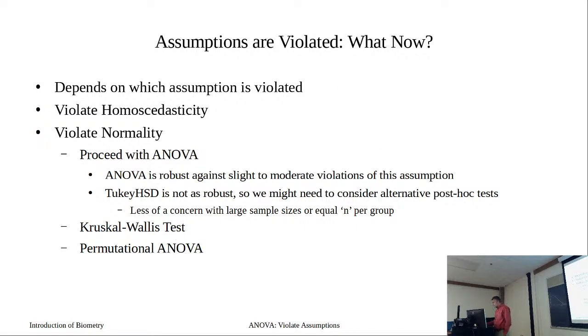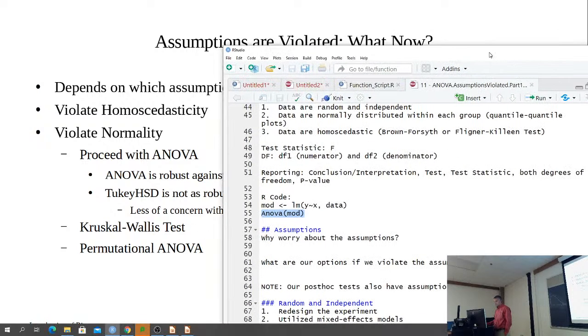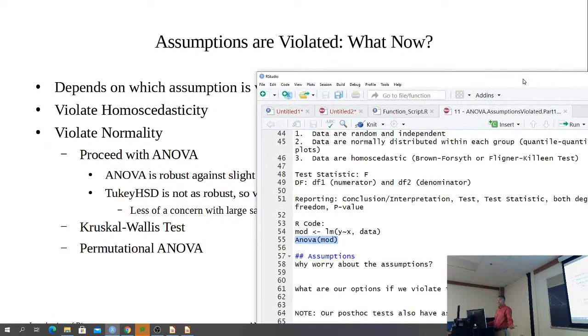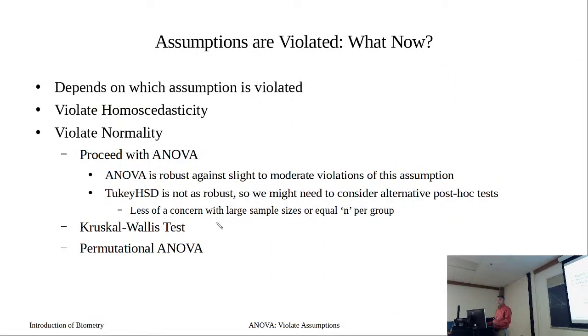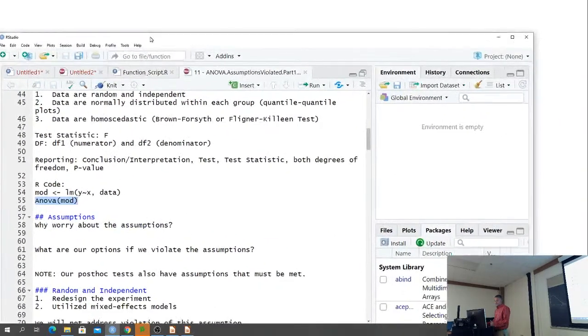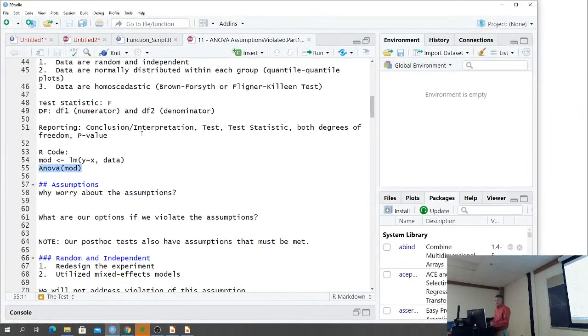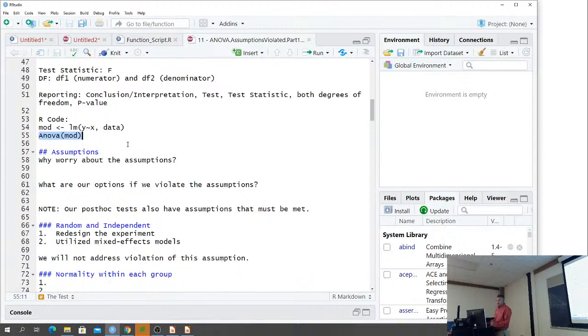All right, so this is going to be the start. And what happens if we violate both homoscedasticity and normality? Then basically our only option is to run this permutational ANOVA. And that has a pretty significant effect, because if we're going to violate our assumptions,